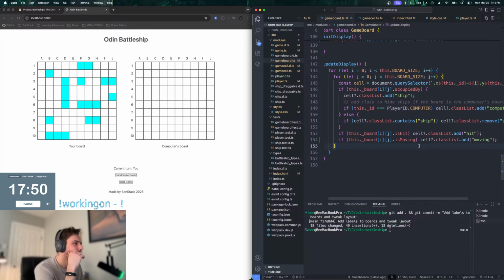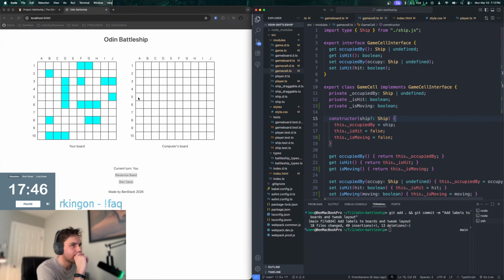Bro's cooking? I don't know. Am I cooking? This property name, now that I think about it, doesn't actually make sense because the cells don't move themselves. So how can we rename this to be more reflective of what this, like,